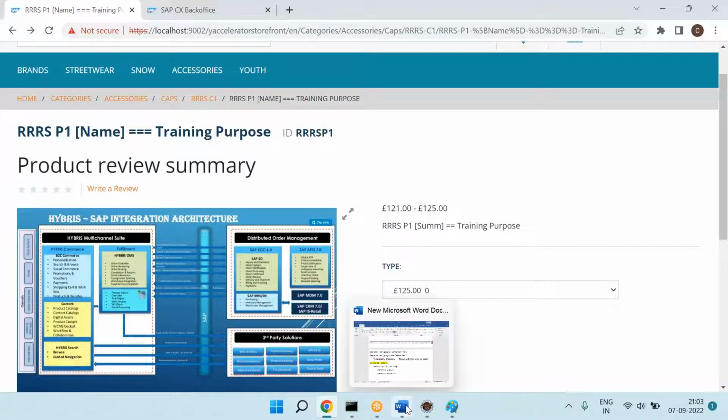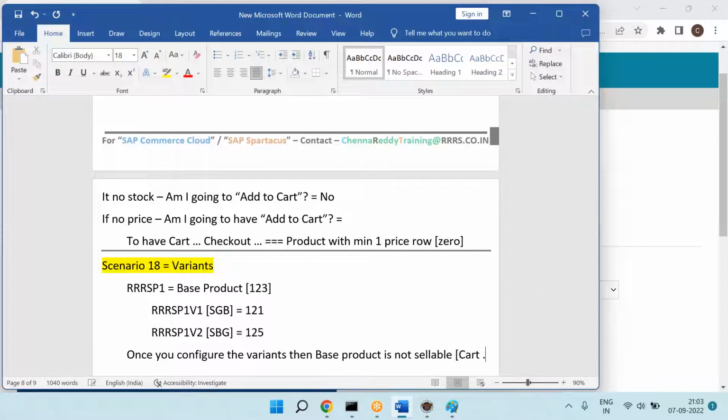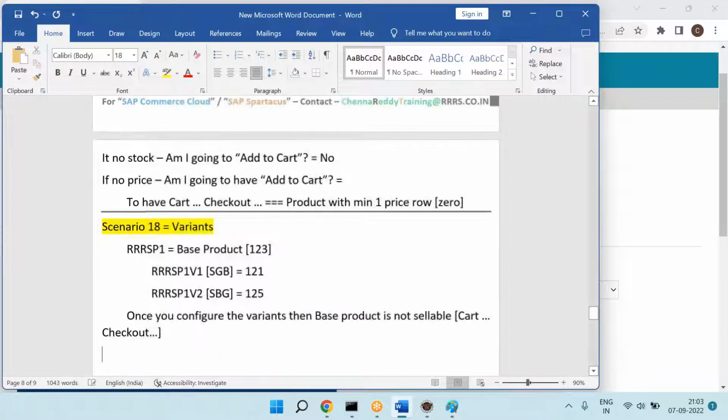Do you see the clear conclusions now? So once you configure the variants, then base product is not sellable. So that means no cart, no checkout. Clear, everyone? Once we configure, once variants are configured,